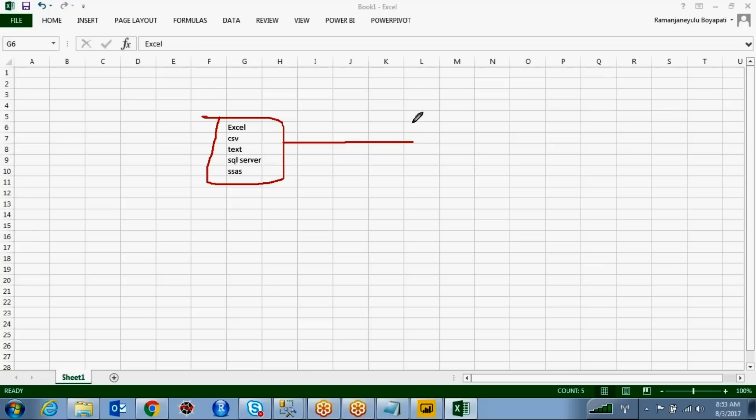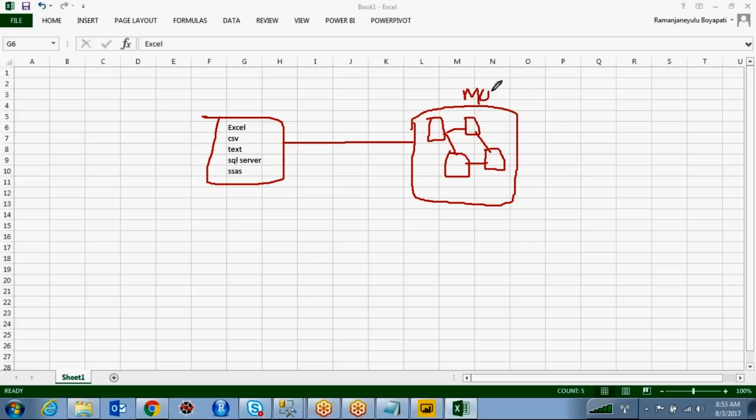Once you find your data source, for example in an Excel I have four sheets, each sheet having each table's information. If you want to make relationships and modeling over here, yes, you can define the relationships in your Power BI model. If you are using SSAS, then you don't need to do any modeling over here.